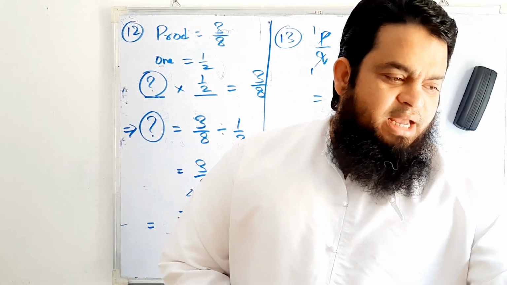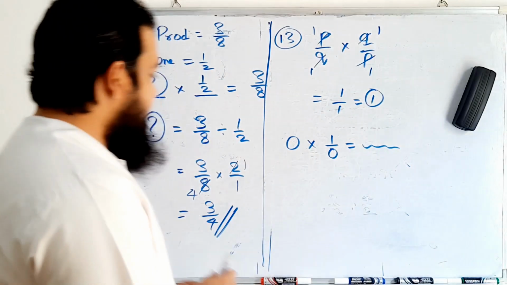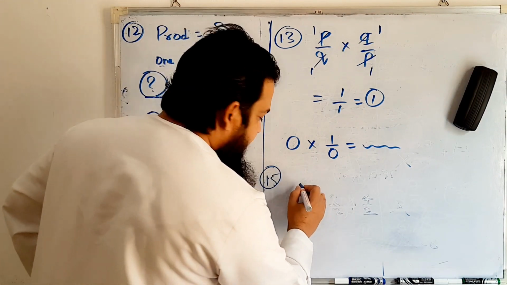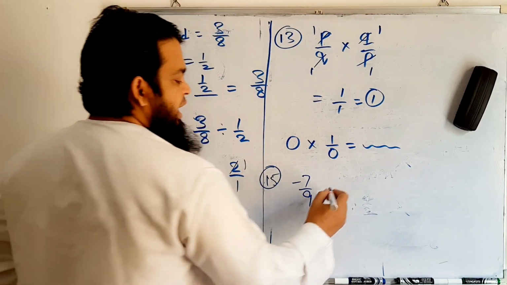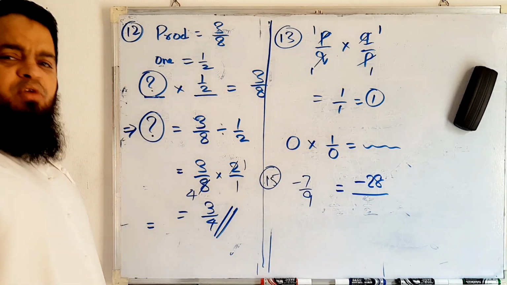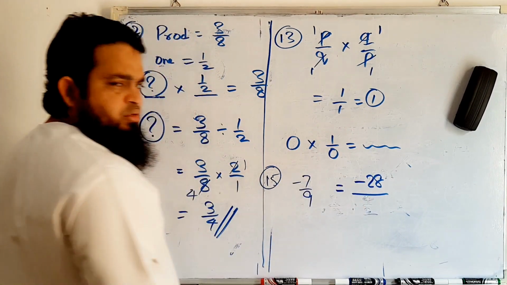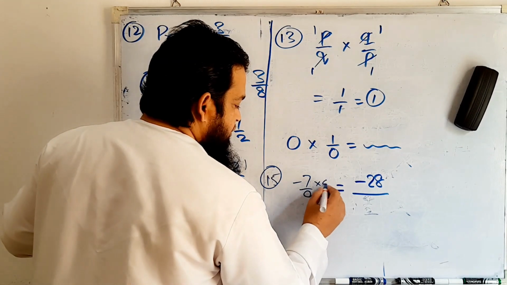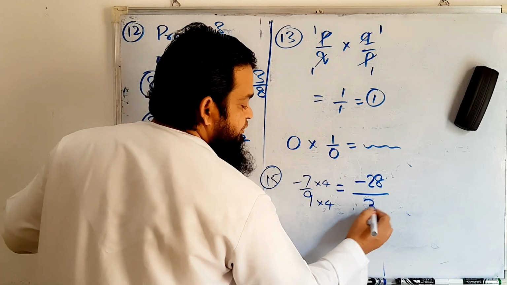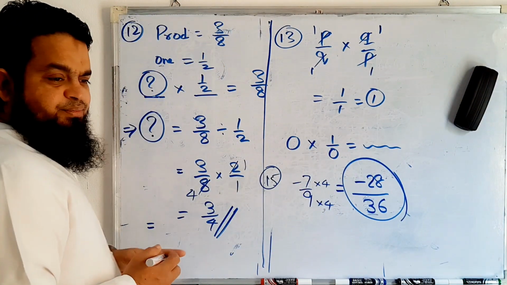So now express -7/9 as a rational number with numerator -28. See, I think this is 15th or 16th round, whatever it is. -7/9, you have to express it as a rational number with numerator -28. So how can we change? Yes, minus and minus are common. 7, how can you change it to 28? 7 4s 28. So when you multiply the numerator with 4, the denominator also you multiply with 4. 9 4s 36. Okay. So the number is minus 28 by 36.